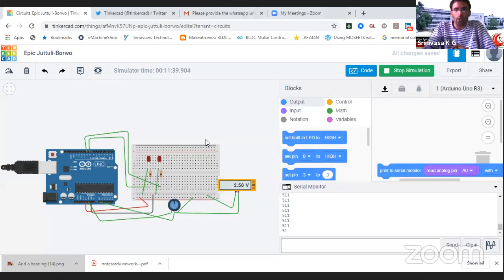So over here we just created one circuit. Now we are going to go a little bit more advanced about reading. We have read one pin from the Arduino, but before that we must understand about